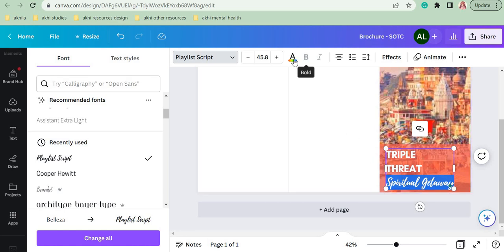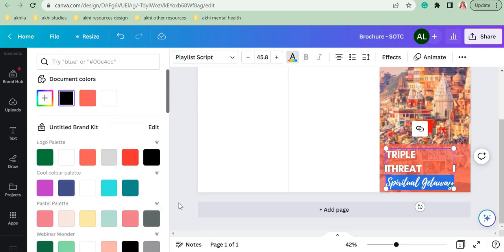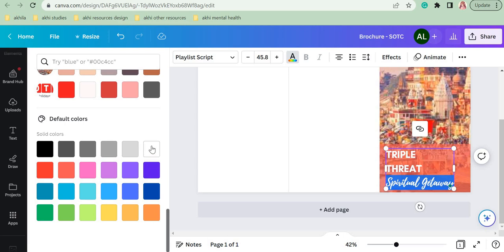Okay. Now you can see text color is there. So I'm clicking on that button. Under default colors, you will see there is a pure white color. Click on that color and your font color will change to white. Now you can see that there is no bold option here. It is showing that I can't change the bold option. So this happens for some fonts.